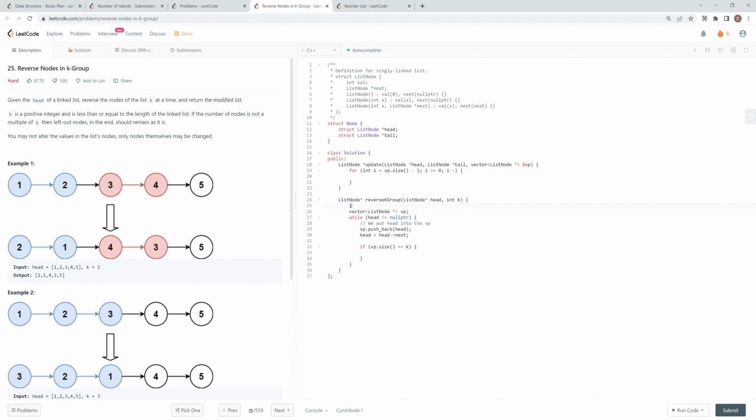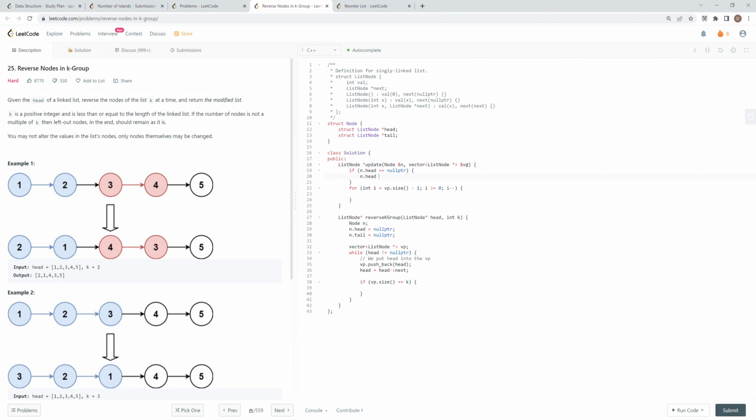And here I'll create this node n. n dot head equal to nullptr, n dot tail equal to nullptr. And what we're going to do here is see if here I would pass a node instead. A node reference should be the reference. So if n dot head equal to nullptr, then let's assign n dot head equal to n